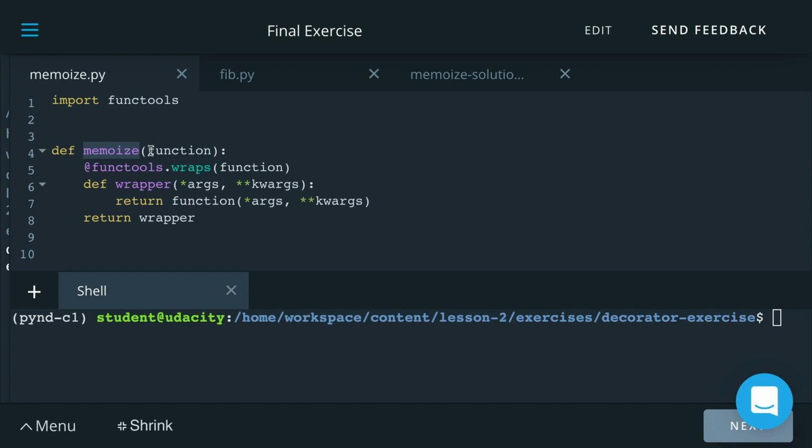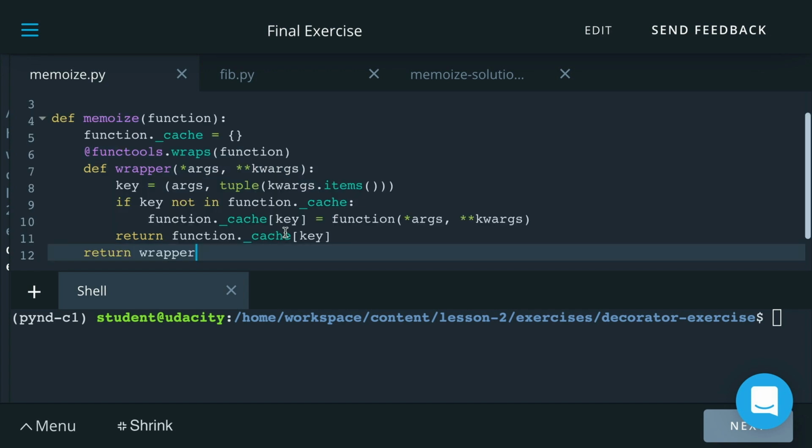It is itself a function that takes in a function and wraps it up into a new function it defines, which we've called a wrapper function, that accepts any number of arguments, a variadic collection of positional arguments and a variadic collection of keyword arguments, and then does something with those arguments and the captured function. Presumably, at some point, calling the function with your arguments that were captured. In this case, in our starter template, just passing those arguments along and returning the value back out. Finally, the decorator itself returns the wrapper that we've defined.